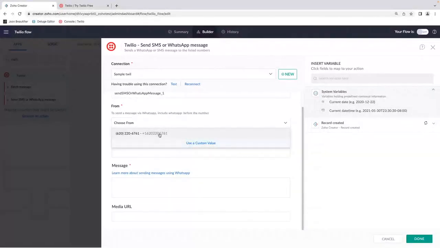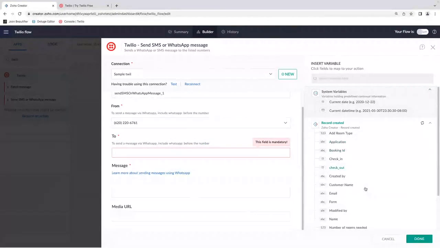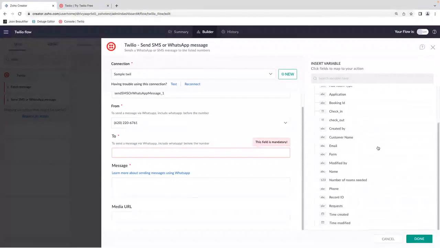Now, here, this is a Twilio number, which I got, which is generated as soon as I subscribed with Twilio. So this is something you will have to do before using this. So now I'll choose that number. From this number to the phone number that they are submitting in that form, I'm just tagging the phone number, and I'm giving the message as booking